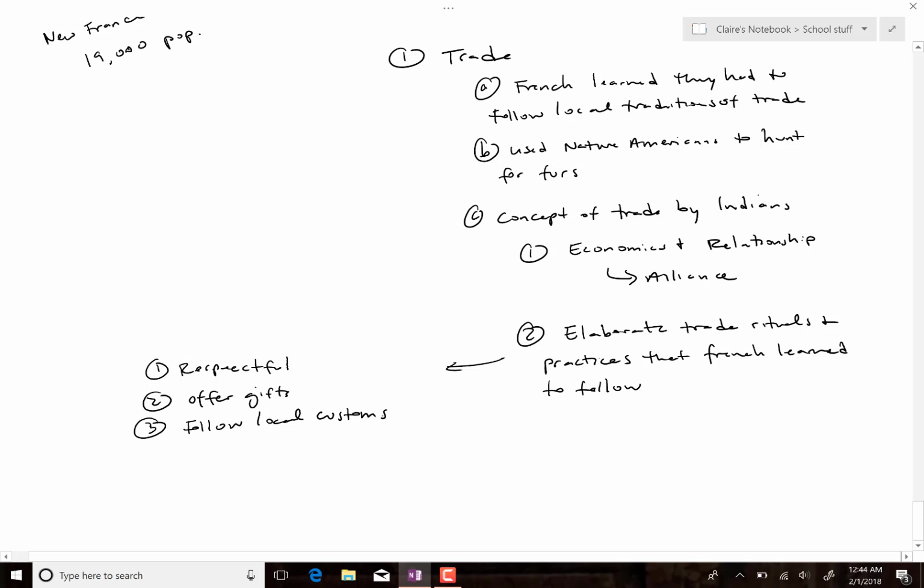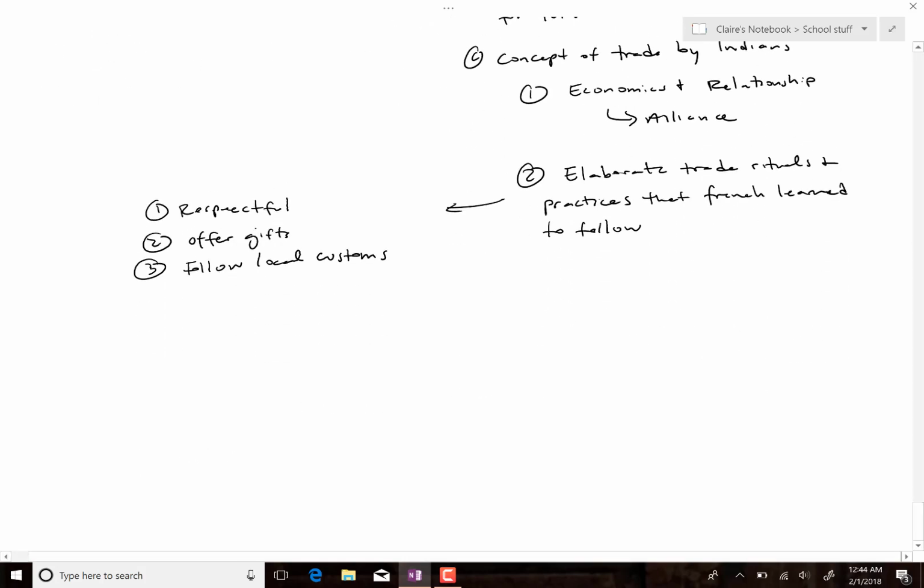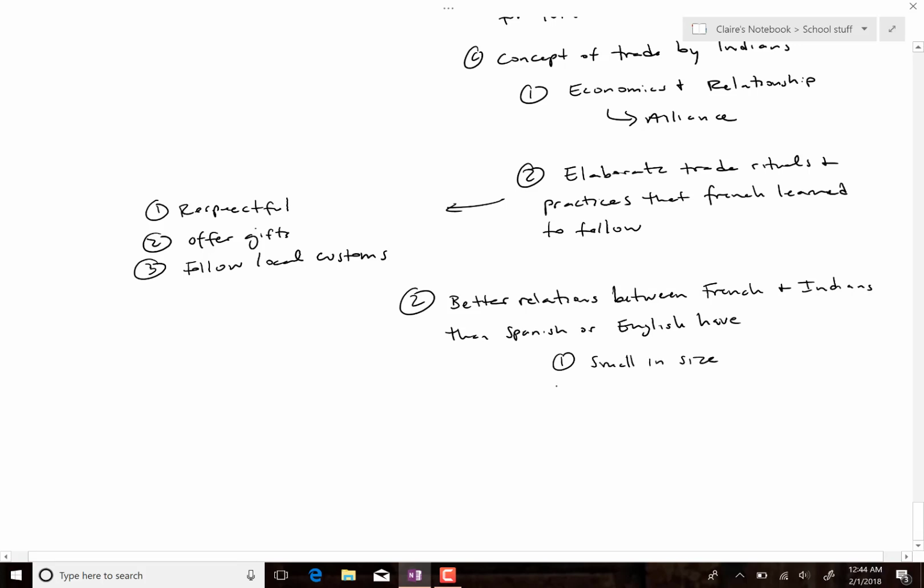Of course, how this works out is that you end up with much better relations between the French and the Indians than the Spanish or English have. And again, because, one, they were small in size, so they're not threatening, and they had a small number of permanent settlements. And they tended to be more respectful and follow traditions and customs